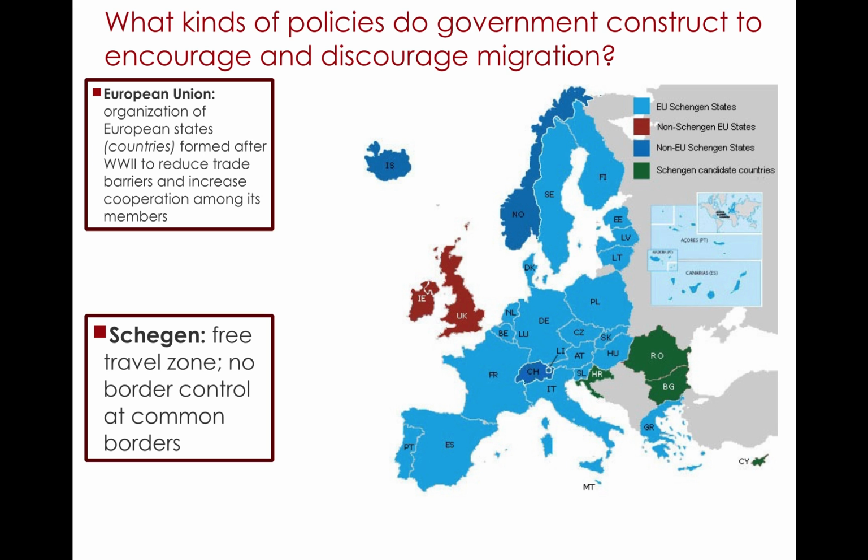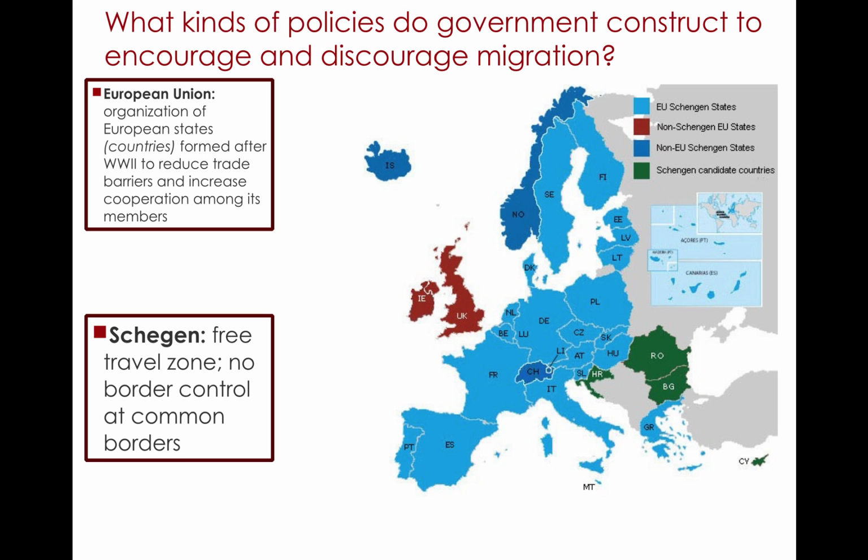That was a product of the fact that these countries realized that they needed to have much greater and deliberate effort at working together. Otherwise, they were destined to repeat the challenges of World War I and World War II. One of the components of the modern-day European Union, and it doesn't apply to all but it applies to most of the European states, is that the trade barriers would be reduced, and therefore there would be free movement of people and goods across the European Union.